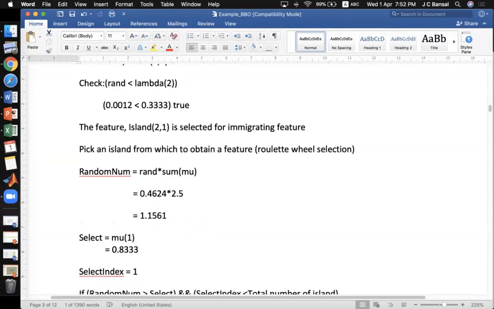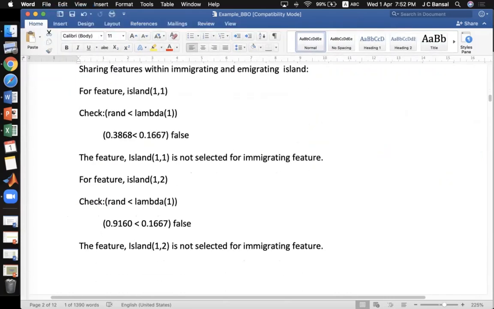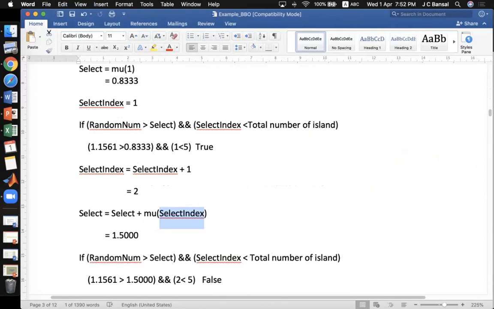And what is the value of mu of 2? It is 0.6667. So mu 2, 0.667, plus this 0.8333. So you will see that it is 1.5. I hope it's clear, right?